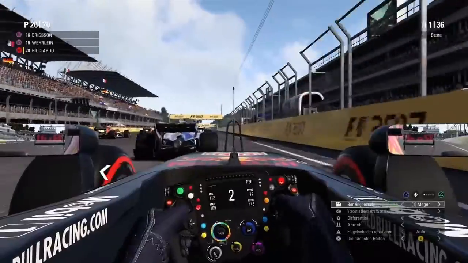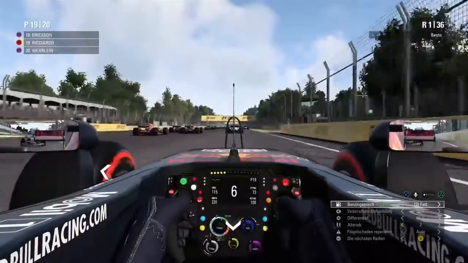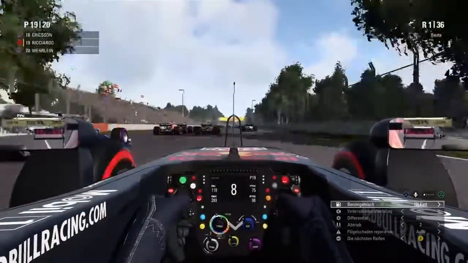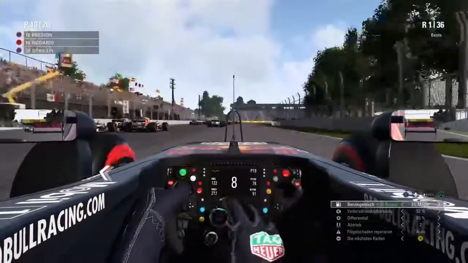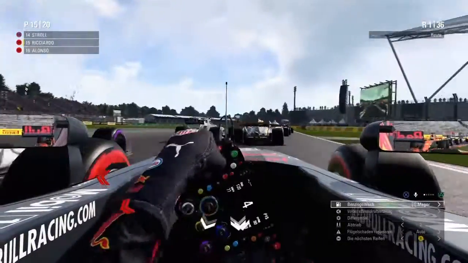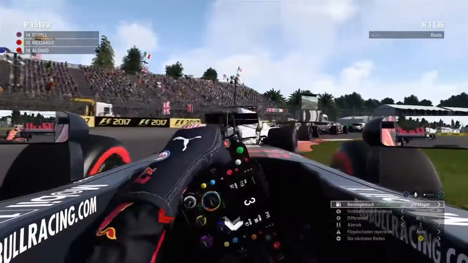It seems that we got a really good launch off the line. We were able to already get the first position up into P19, and I think we have the other Sauber on our left. So yeah, we are trying to go for the right because no one is really blocking our way. You can see a few cars were outbraking themselves, and we took advantage of that, and we are already